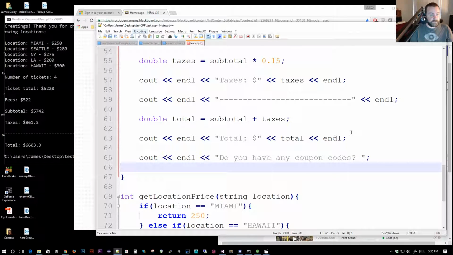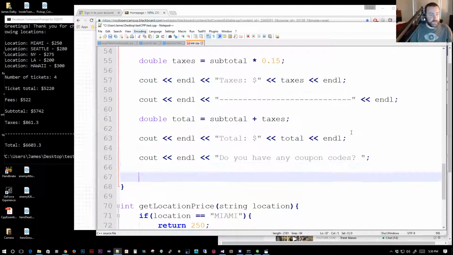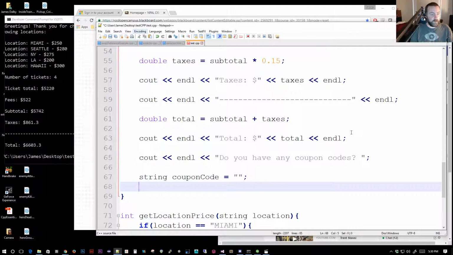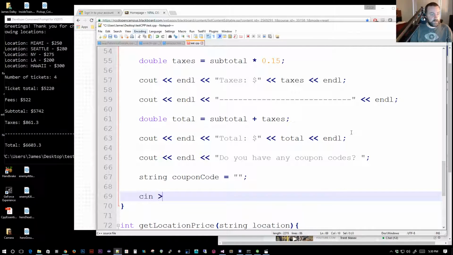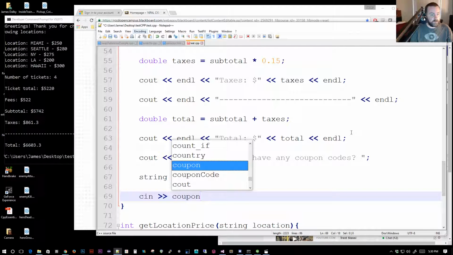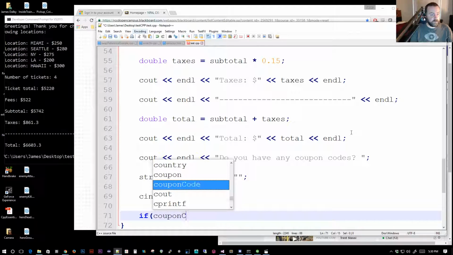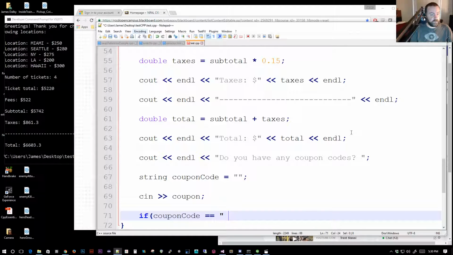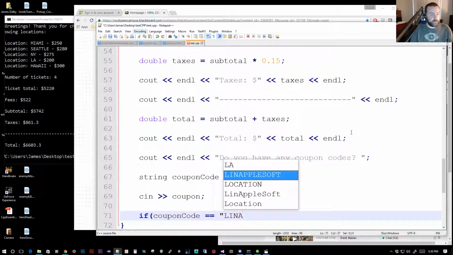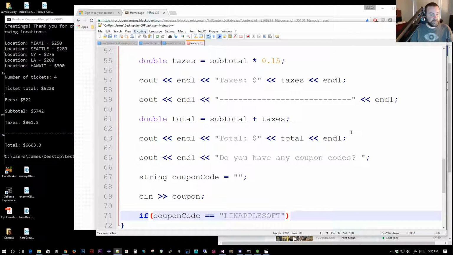It'll just be that. And then I will say string coupon code is equal to nothing. Cin coupon code, and then I'll say if coupon code is equal to linapplesoft,